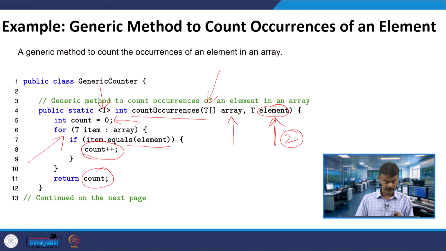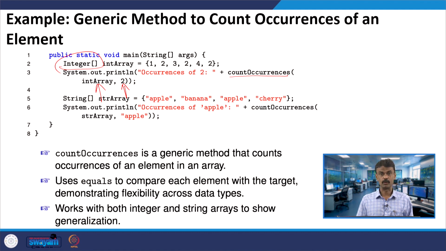It checks how many times: the first time 1 is not equal to 2, the second time 2 equals 2, so count becomes 1. Then 3 is not equal to 2, then 2, so count becomes 2, and when it comes here, count becomes 3. So, here I have to get the output 3.